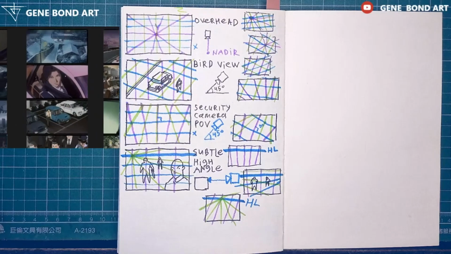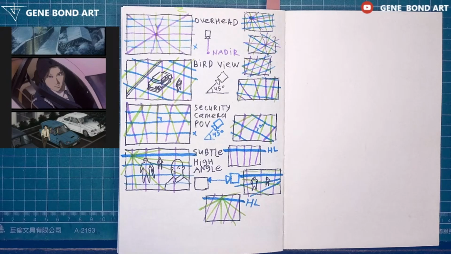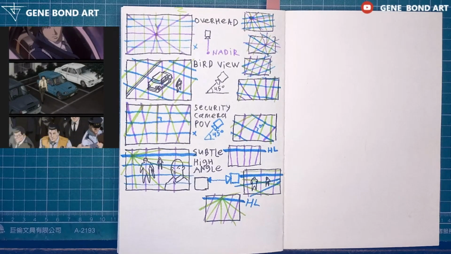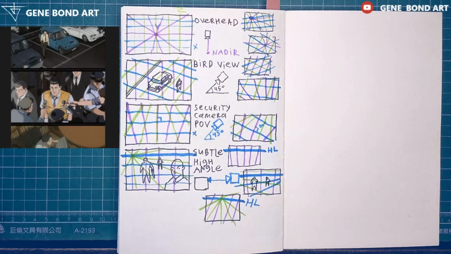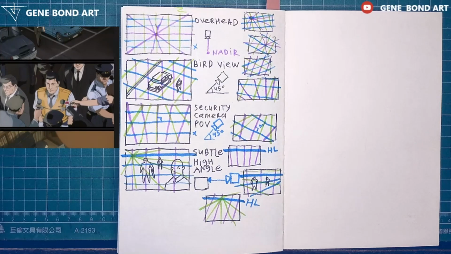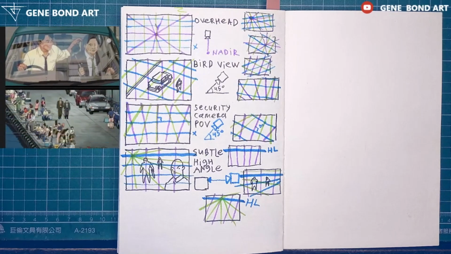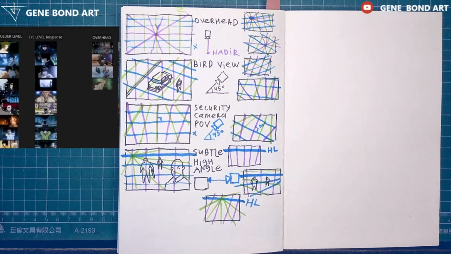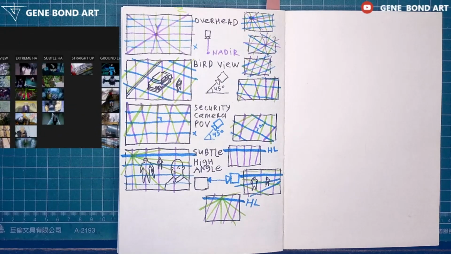So this extreme high angle, like I say, it's like the same bird's-eye view, but with more close-ups or interior spaces. So here we have a character, full shot. It's not a wide shot, it's a full shot here. Here is a close-up. And yeah, most typical it will be also like in Ghost in the Shell,